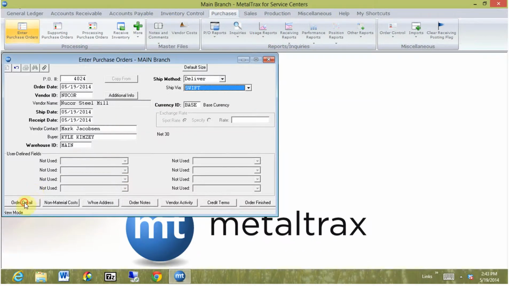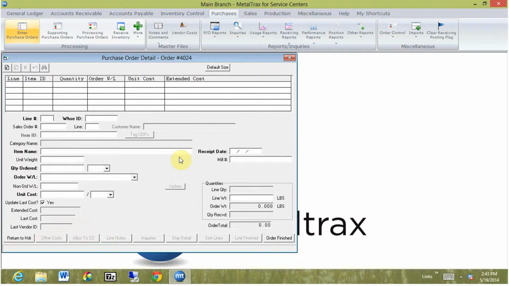So I'm going to come down, click on order detail, or hit F3. Now I'm prompted for a line number. I'm going to hit Enter and let the system assign a line number. I am having it go to my main warehouse. Additionally, I could have it go to another warehouse. I'm going to hit Enter. If you're tying this purchase order line to a sales order line, you could type that in, and that's what we call a buyout. But in this instance, I'm just going to hit Enter, and we're going to order some